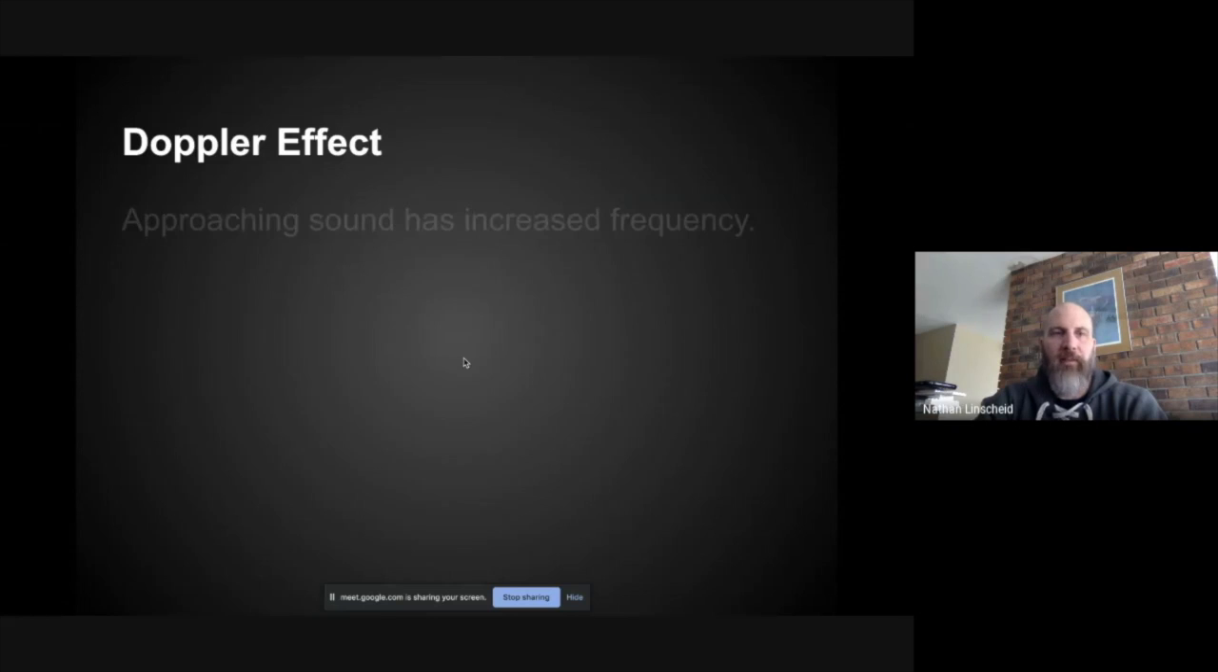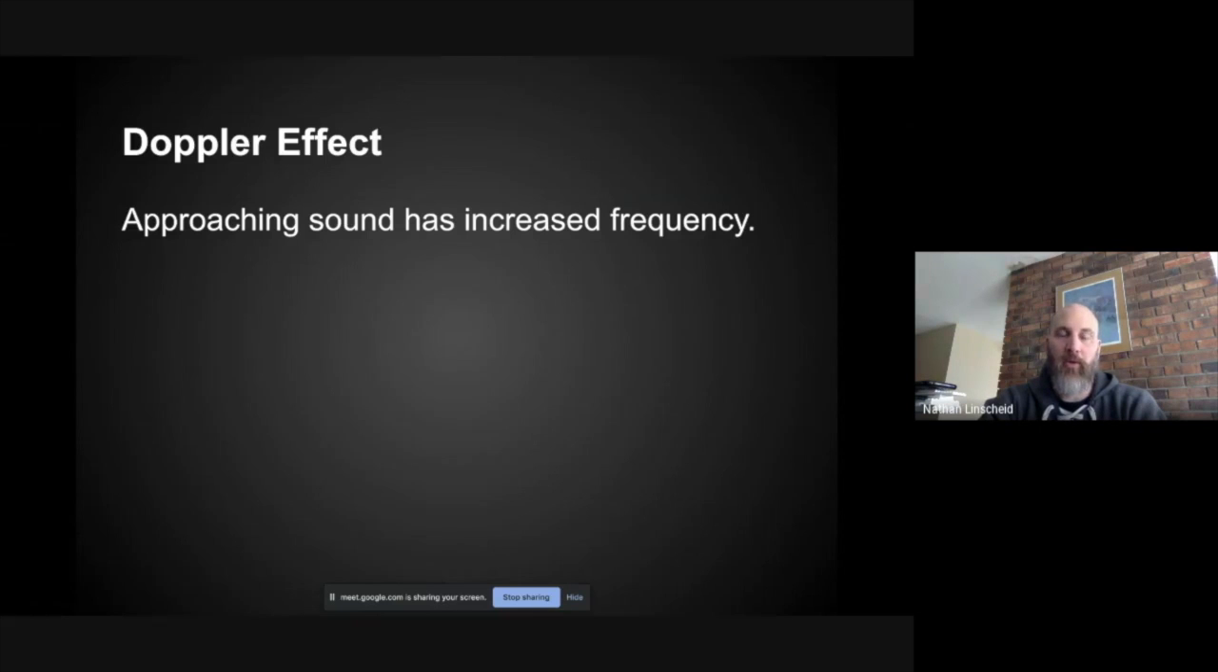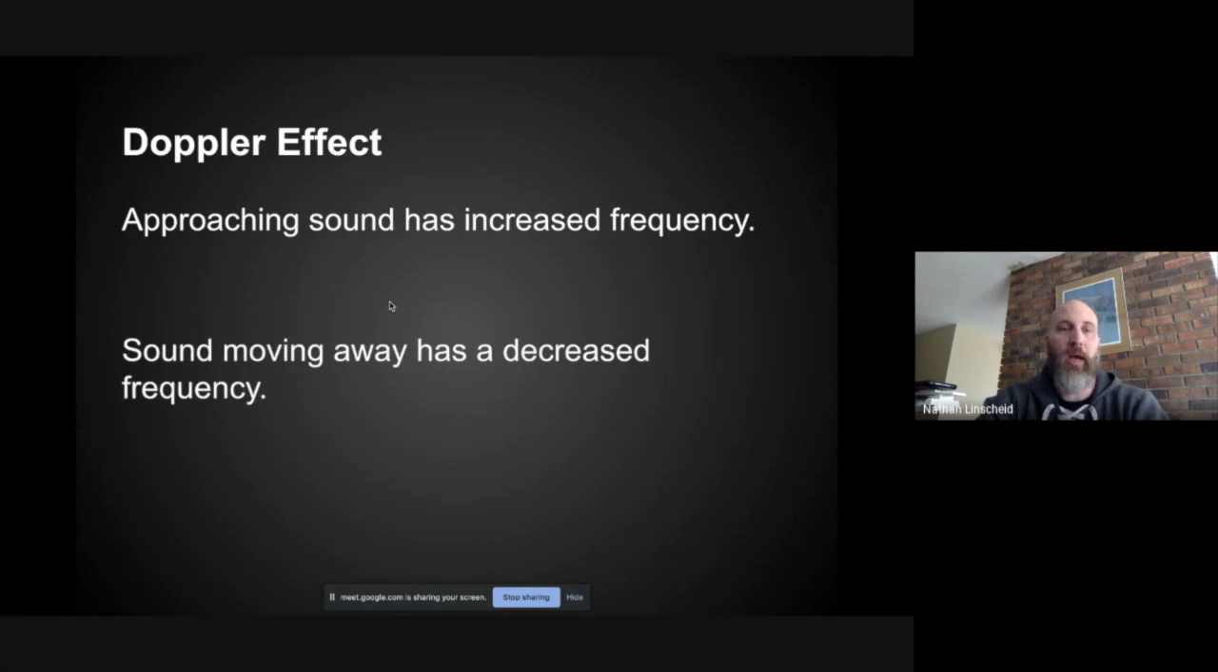All right, Doppler effect. The Doppler effect is something that I'm pretty sure you've all witnessed before, but basically, as a sound approaches you, the sound waves are hitting you more rapidly than they would be if that sound source was staying in one place. And so if you're getting those sound waves at a higher rate, you're hearing them at a higher frequency, which means the pitch of that sound is going to sound higher. And as it goes away,